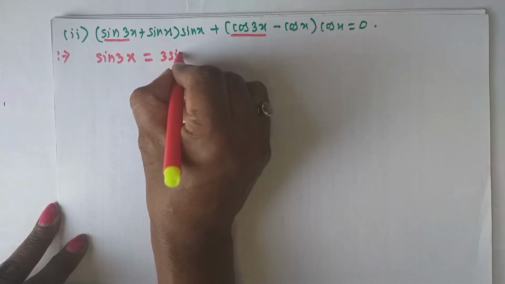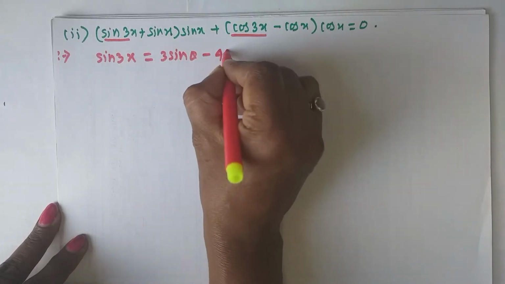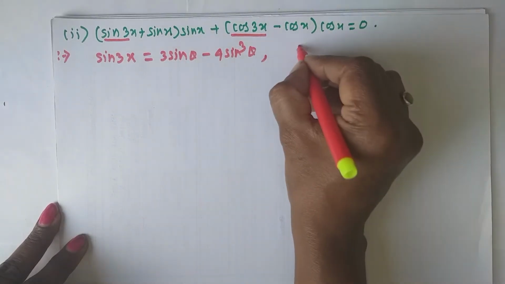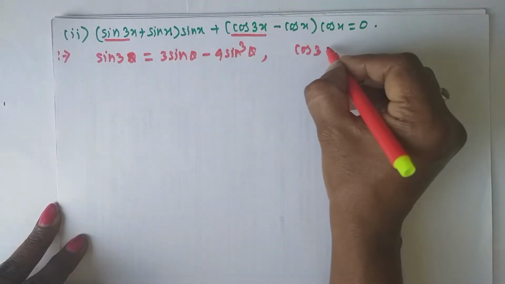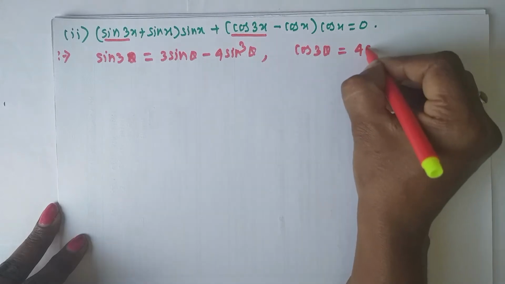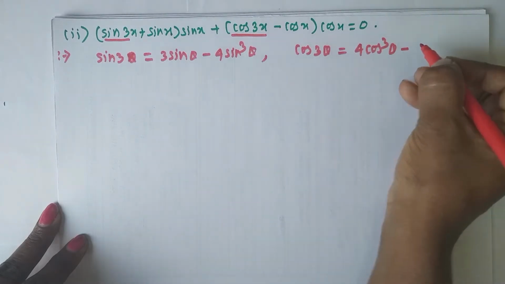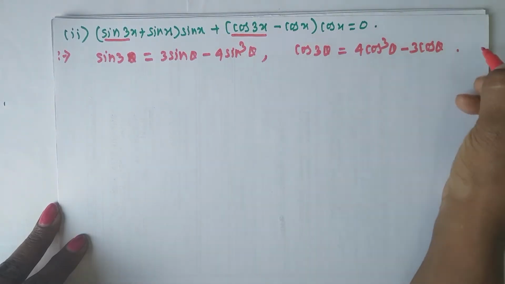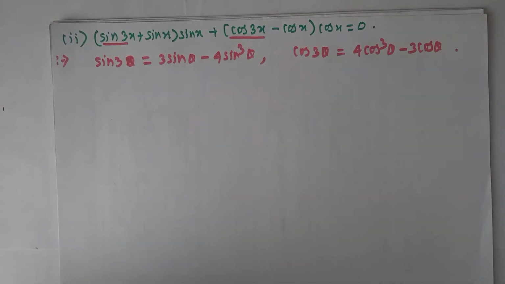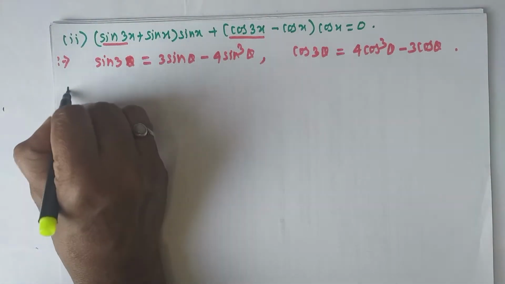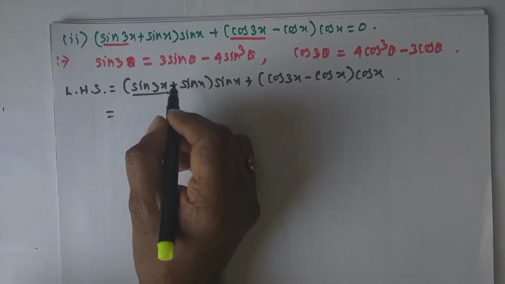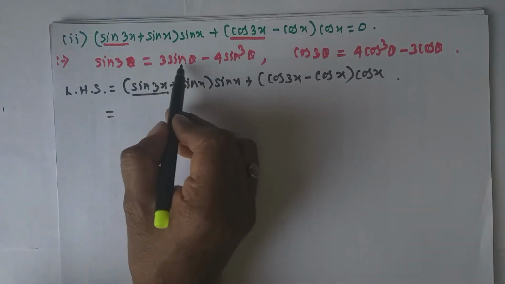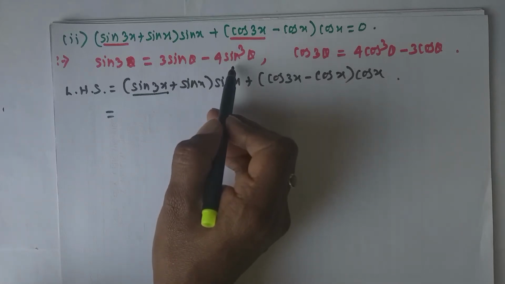What is the formula for sin 3x which we have studied in our previous lecture? That is 3 sin theta minus 4 sin cube theta. And what is the formula for cos 3x? If there is theta, then you write down theta. Cos 3 theta is what? 4 cos cube theta minus 3 cos theta. Okay, I will use this formula here. Therefore, you first write down left hand side as it is. Okay, now keep the value of sin 3x. Here sin 3 theta means 3 sin theta minus 4 sin cube theta.